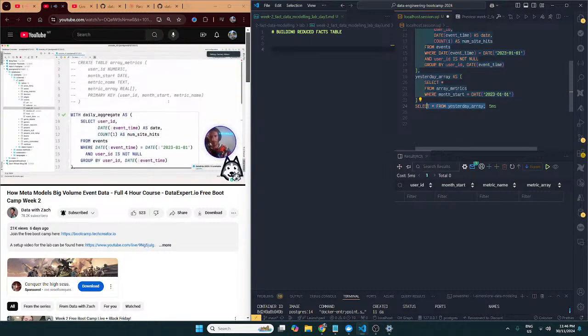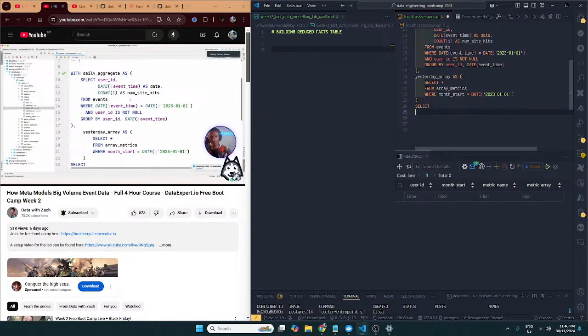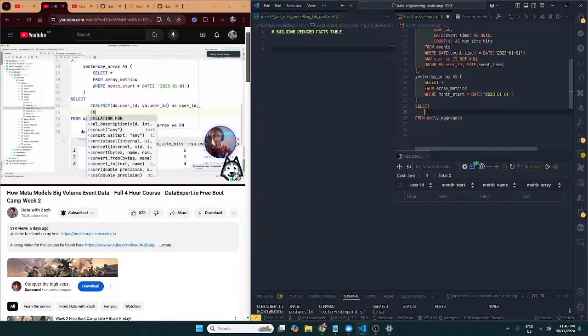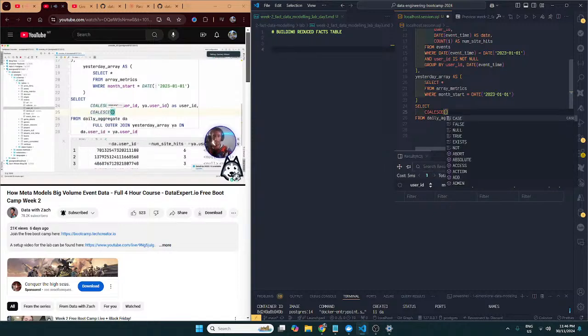And now, month start can just be another coalesce here. This coalesce is really, really gnarly actually. So in this case, you have ya.month_start,